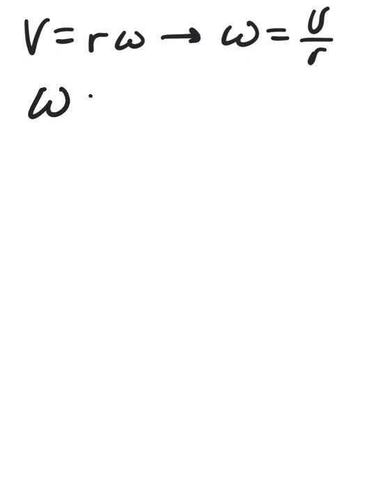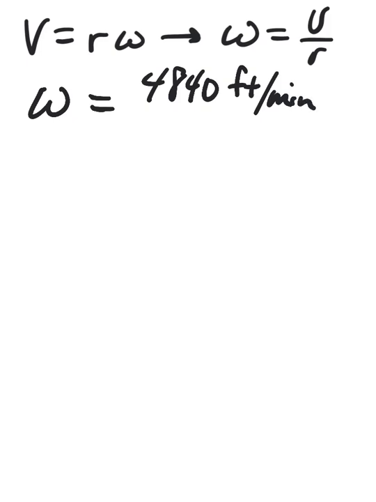Velocity, we just made the calculation, 55 miles per hour was the same as 4,840 feet per minute, divided by the radius, which was the diameter cut in half, 0.95 feet. Cancel, cancel. And so we get omega